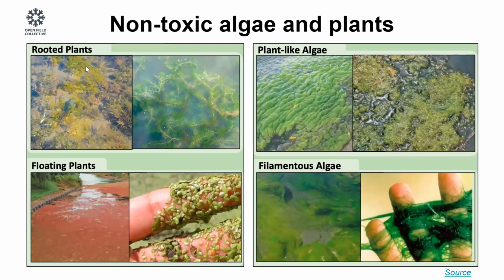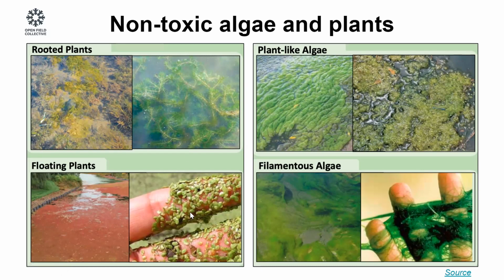So again, as we discussed, there are tons of non-toxic algae, or important algae, that we need in water. And often when you look at those algae, it looks like either rooted plants or can also be filamentous. And you can even have macroscopic ones, so you can actually see them with the naked eye. These look like what you would often think of as plants. Some of that might be plants, but a lot of them, especially in freshwater or seawater, are actually characterized as